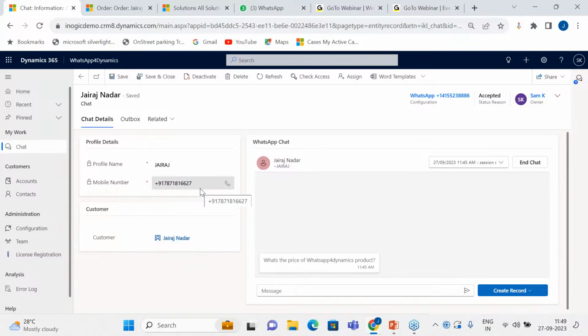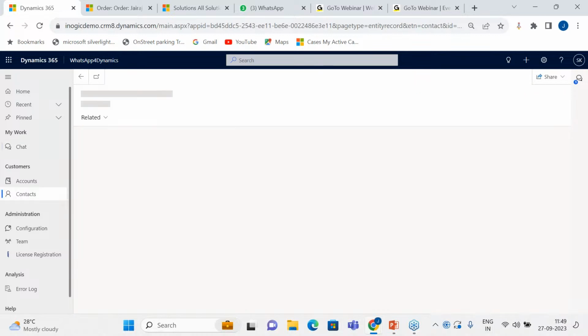That means it could be a contact or account for which the record type has been created. If the contact is created first, then only that contact or account can be shown over here. So if I click on this associated customer,